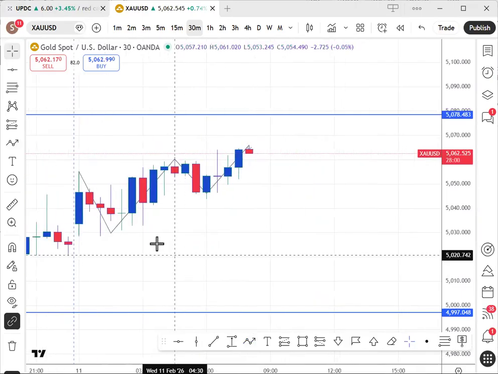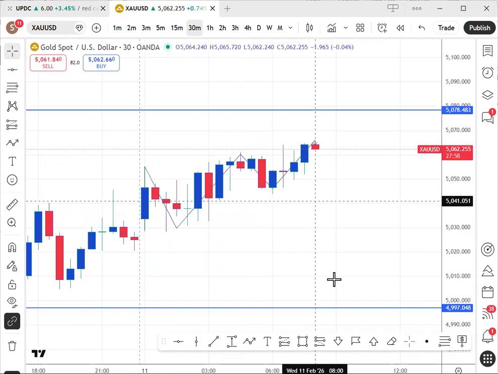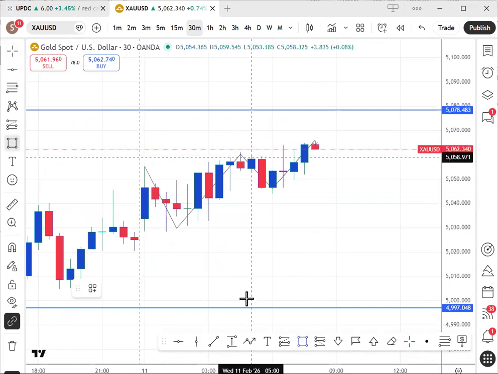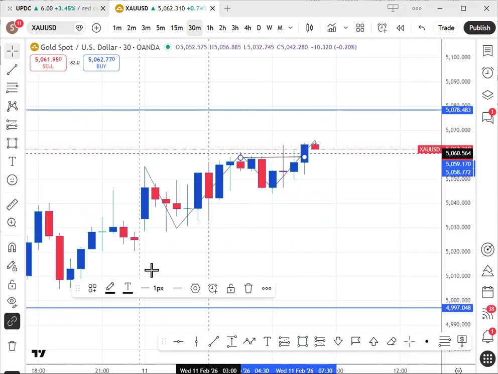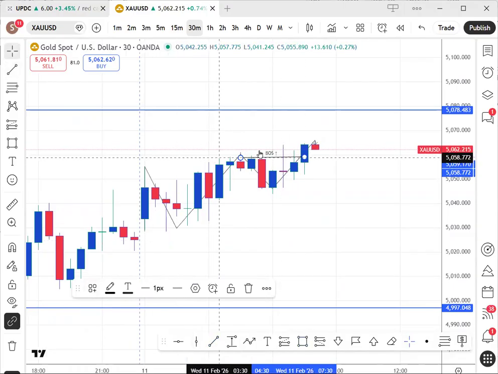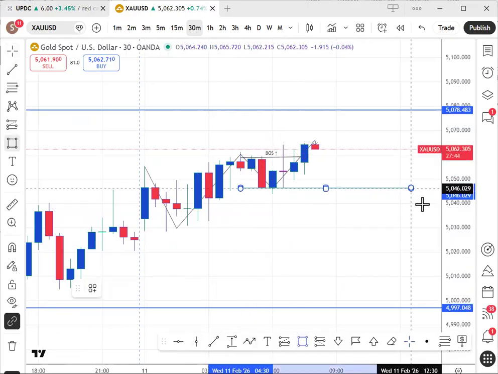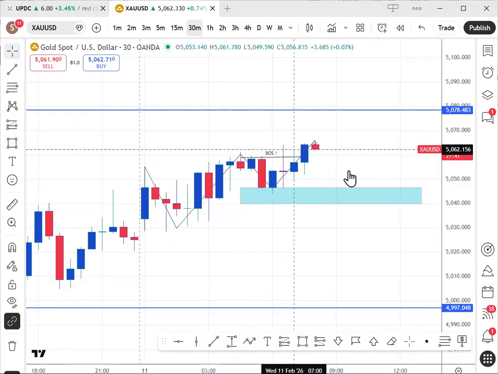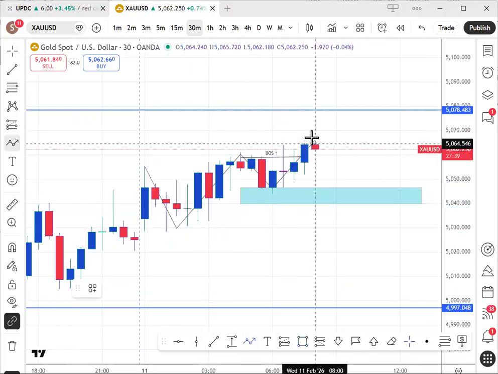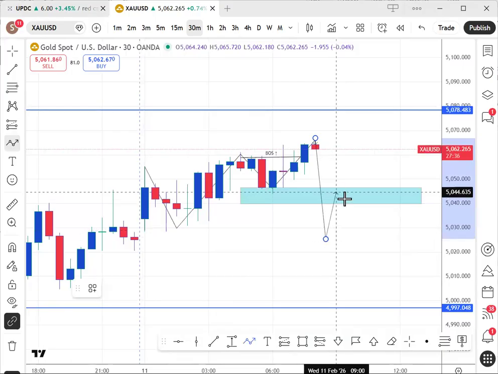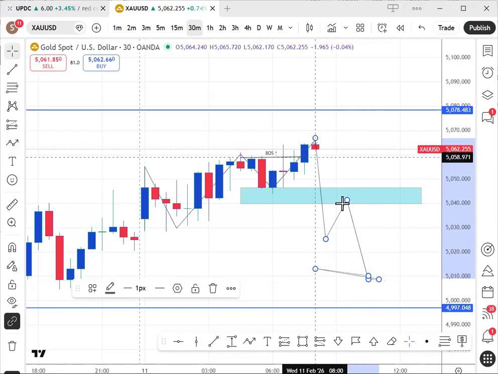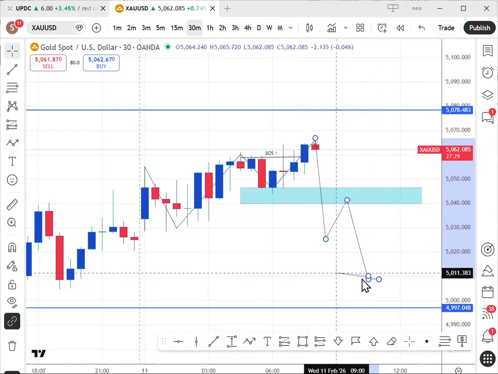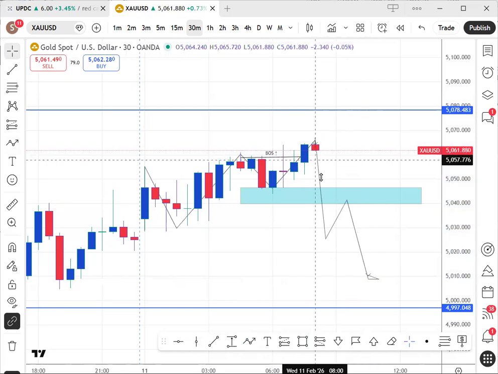Okay, so right now, what do we expect? Where is our line in the sand? Because we have a break of structure right there, and a break of structure right here to the top side. That's the last break of structure. When you look backwards, this is where your line in the sand is, just below there. So if price does come back down and break below here, then the probability is that price is going to continue downwards. That's what you expect price to do.